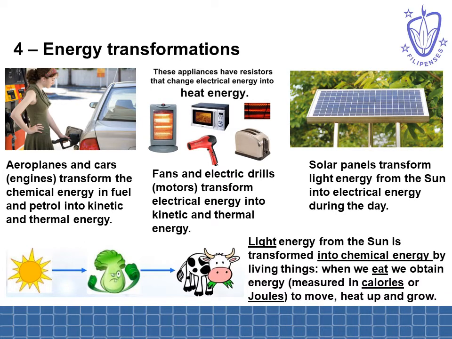Down here, we can see a picture that represents a very important transformation. The sun produces light energy, radiation, and that light energy is transformed by plants and by different bacteria into chemical energy through photosynthesis. Then other living things